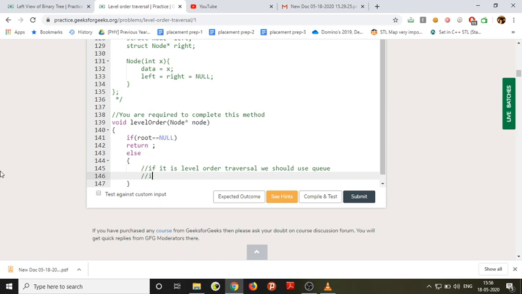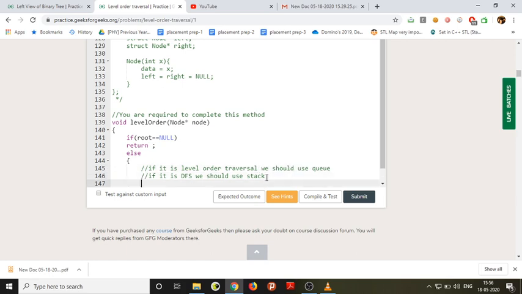If it is depth first traversal or depth first search, we should use a stack. Level order traversal is also called breadth first traversal.